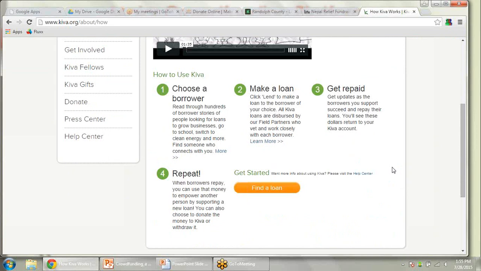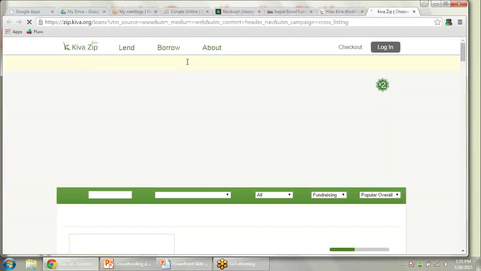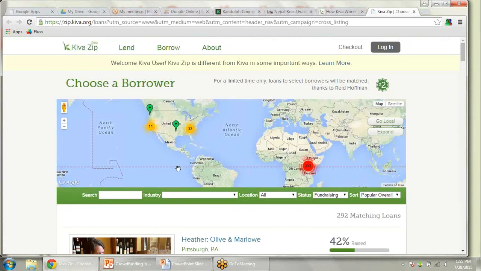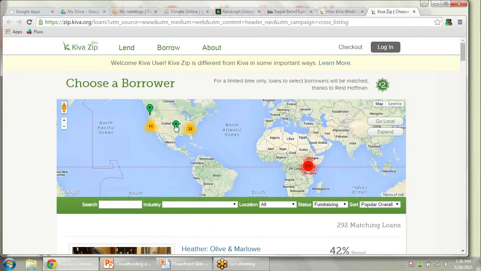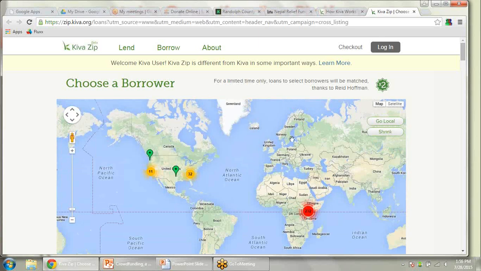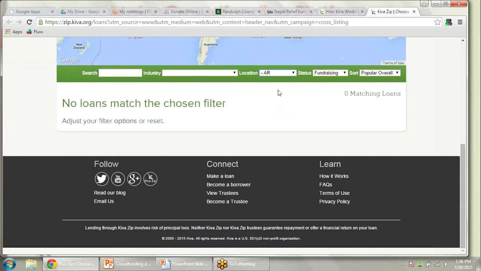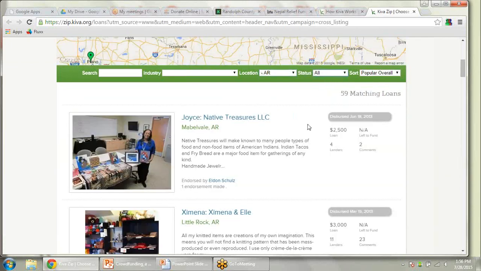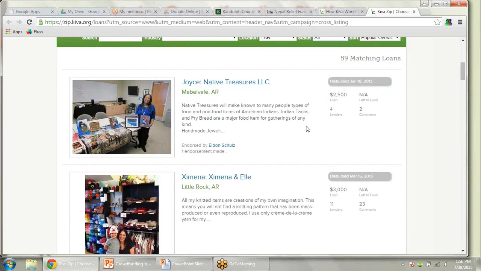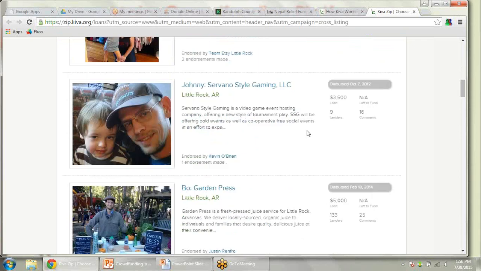I've given to a couple of things on Kiva, and every one is a guy who started a business here in Little Rock and wanted some money. One is a nonprofit, and every so often I get an email that says, "Oh, Robert has repaid you 54 cents." It gets back into your bank account, and you can reloan it to some other thing. You go to Kiva and you put Arkansas, and you see all the people who have registered on Kiva and who are looking for an investment. If you're looking for an investment opportunity, it's a cool site. I like it, but it's a loan, so for nonprofits, it's not as attractive as a donation.